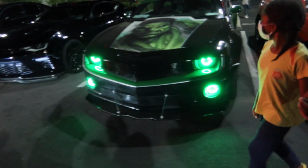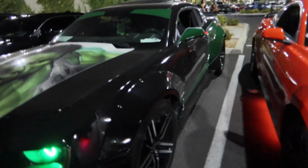What is this one? The Green Goblin? What is this thing? Green Goblin. He's like, what is this one? The Green Goblin? The Hulk. Hulk Hogan, bro. That's just fucking wide body and shit. Damn. We got the Green Lantern on the...